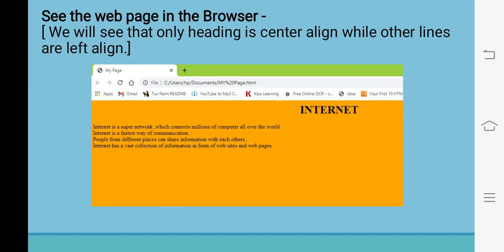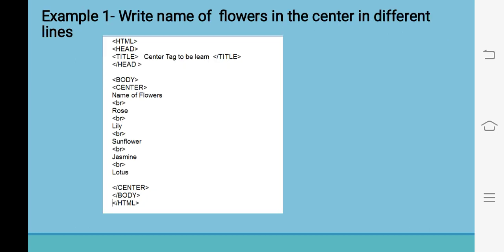in the browser, and we will see that Internet is coming with a big font because we have used the h1 tag, and also it is coming in the center of the web browser because we have used the center tag, and the rest of the lines are coming to the left side because we have not used the center tag. By default the content comes on the left side. It is set as left align, and it is coming with the default font size. ये default font में आ रहा है क्योंकि हमने इसके लिए heading size का use नहीं किया है. So children, this way the web page will look in the browser.